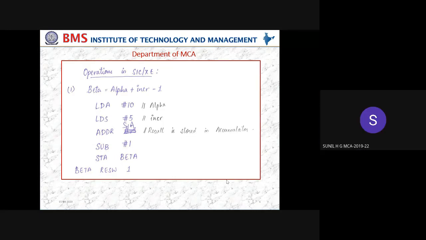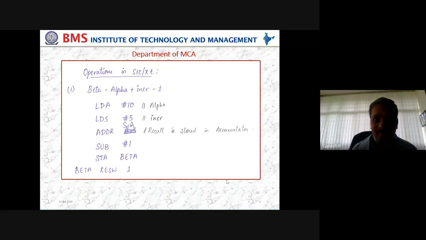So what is that 2, 3 or 4? It is nothing but the format. And format 2 means 2 bytes. 3 or 4 means 3 or 4 bytes. Let me know, if I write a program as a programmer, would you appreciate going with a 2-byte instruction or a 3-byte instruction? I have flexibility for both. I can use a 3-byte instruction. I can also use a 2-byte instruction. So which one can I use now?